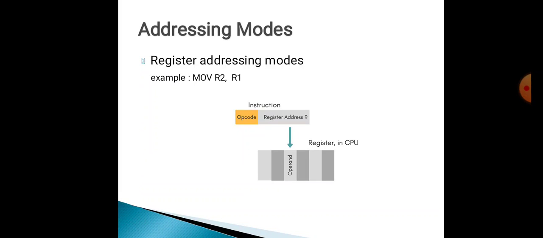First, we'll see register addressing mode. What is register addressing mode? In this mode, the operand is stored in a register, and this register is present in the CPU. The instruction has the address of the register where the operand is stored. Example, move R2, R1. This instruction copies the content of register R2 to register R1. Advantages: shorter instructions, faster instruction fetch, and faster memory access to the operands. Disadvantages: very limited address space.